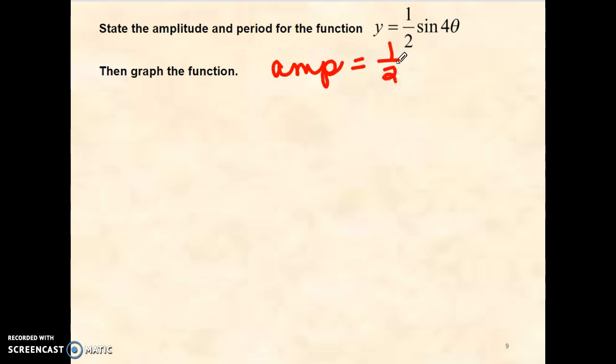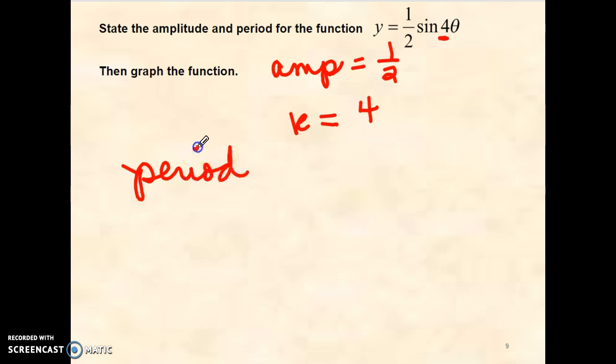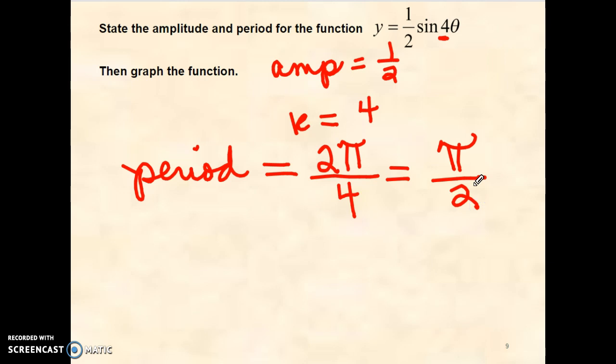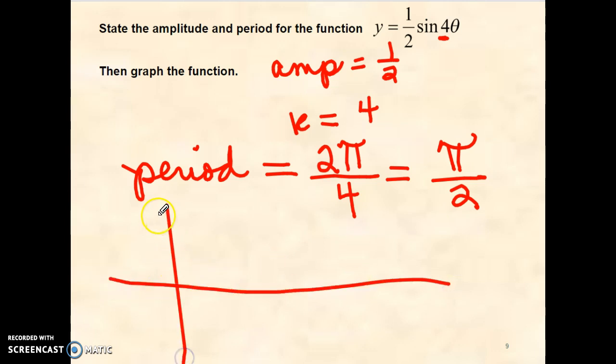But it's still good. All right, so the amplitude would be 1/2. Now, the value for k in this problem would be 4. That's not my period, it's just the value of k. Remember, the formula to find your period is 2 pi over k. So you'd have 2 pi over 4, which would reduce to pi over 2. So this graph is not finishing from 0 to 2 pi. It's going to end at pi over 2. So that's how long it takes for it to complete one of its images. So now let's just do a rough sketch of this. And we don't have to do anything fancy with it. It's got a maximum of 1/2. It's got a minimum of -1/2, and we know it's